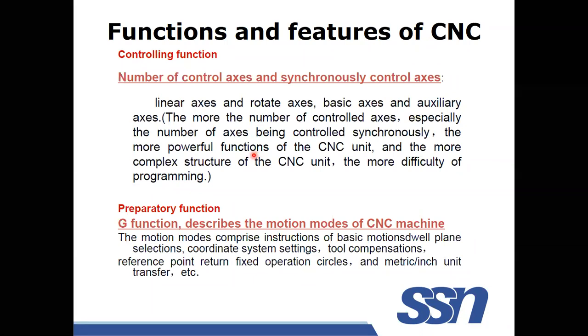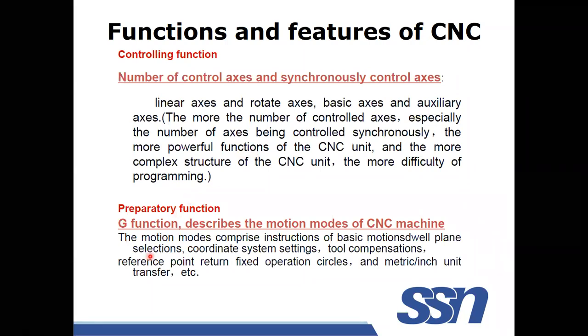While we were discussing machining centers, I showed you the horizontal machining center and vertical machining center, where in one of them the video displays the making of turbine blades. That is the simultaneous control of various axes.